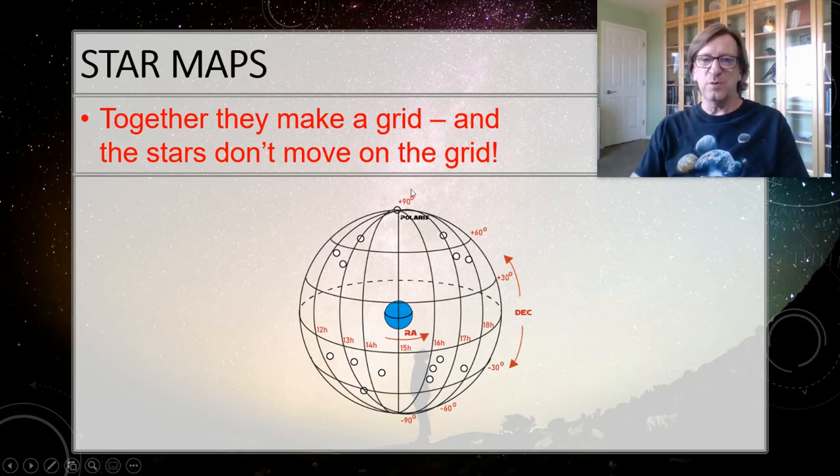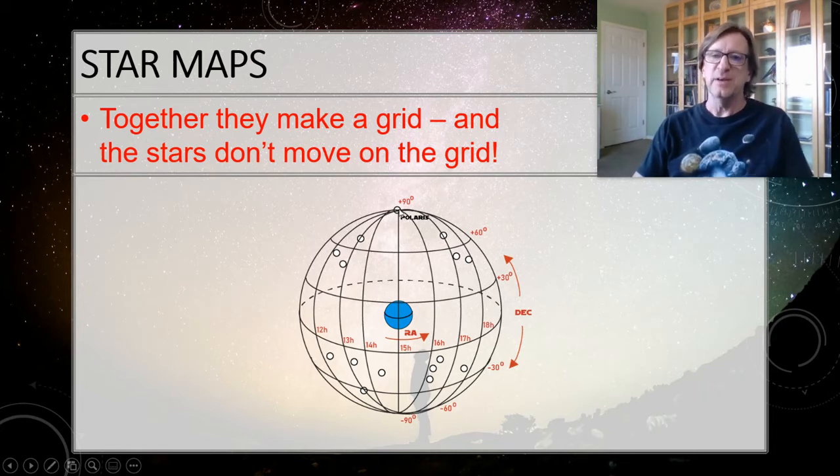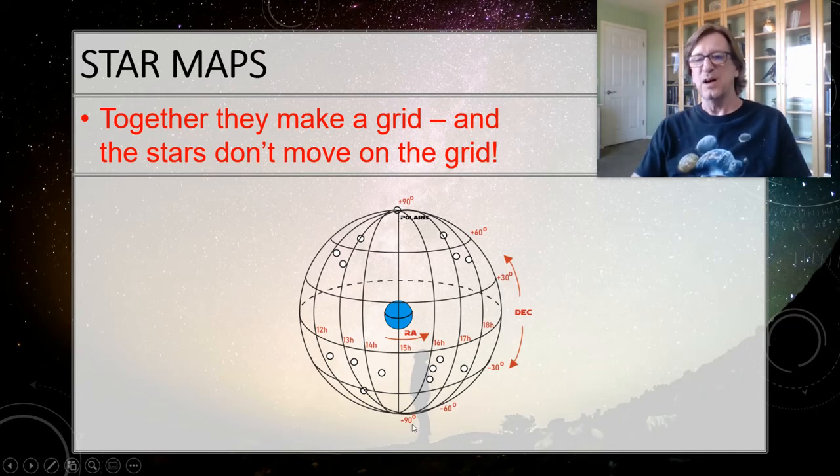Now, we'll call this positive 90 here in this class because that's kind of what we do in the United States, but you should know that to be politically correct, you should probably call this 90 degrees north if you're ever traveling, because otherwise you're saying everybody in the South is negative, and the Aussies are like, oh, I'm not negative. Mike, what are you talking about, right? So going south then for us here in the United States, it's -10, -20, -30, -40, all the way up to -90 at the south celestial pole.